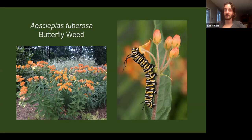Fun fact, a little anecdote. I was checking out my butterfly weed and its seed pods, which form at the tail end of the summer, kind of like these green ovals. I noticed there was probably the biggest praying mantis I had ever seen, just posted up in there. And I saw a butterfly that was cut in half right next to this massive praying mantis, who really camouflaged itself,